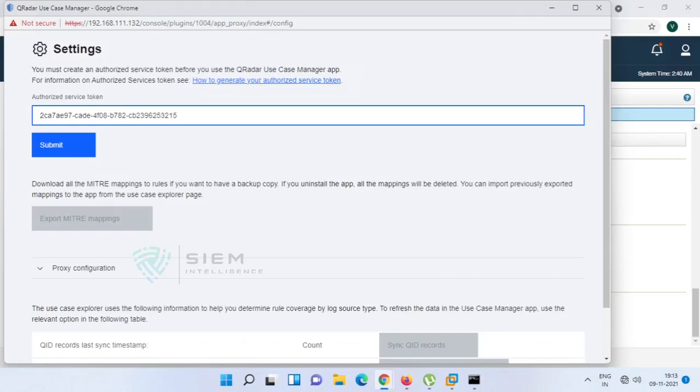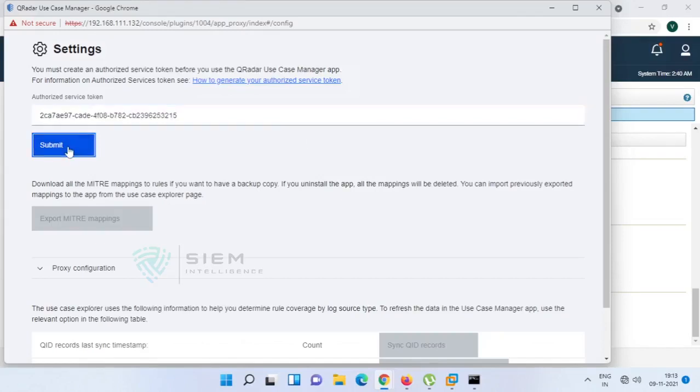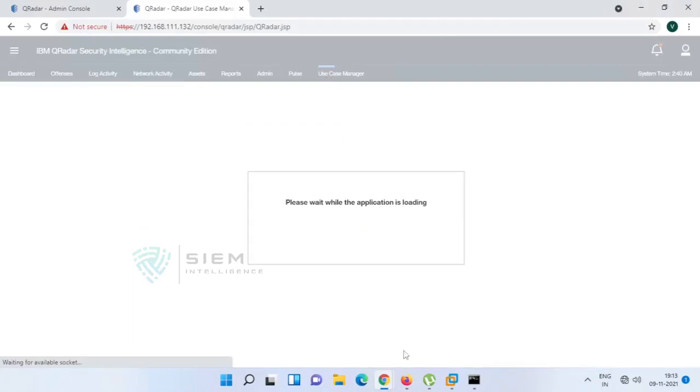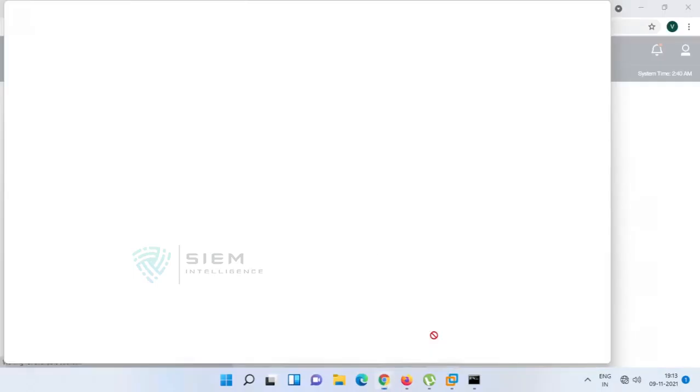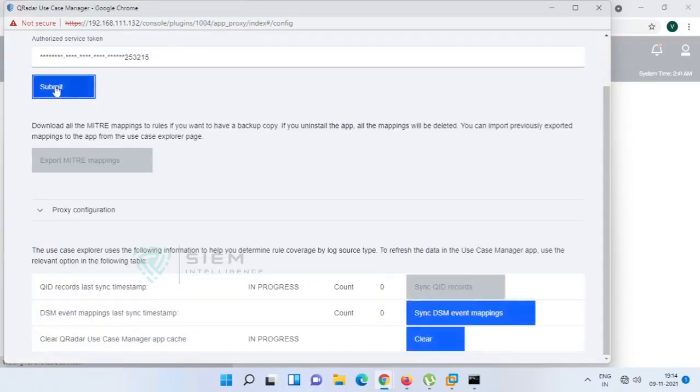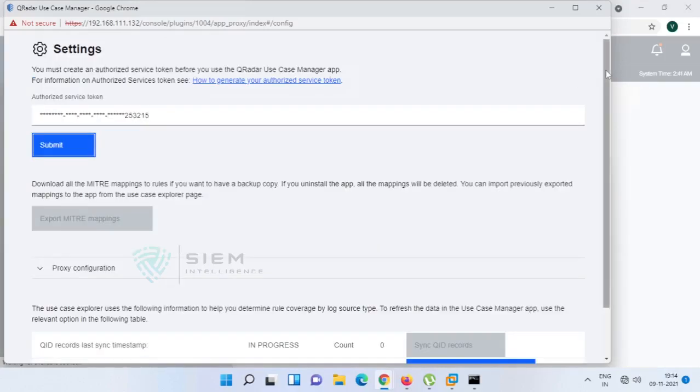We need to check about the space and all. If there is no space left, then it won't work. It is under process. Wait. Yeah, it is saved here.